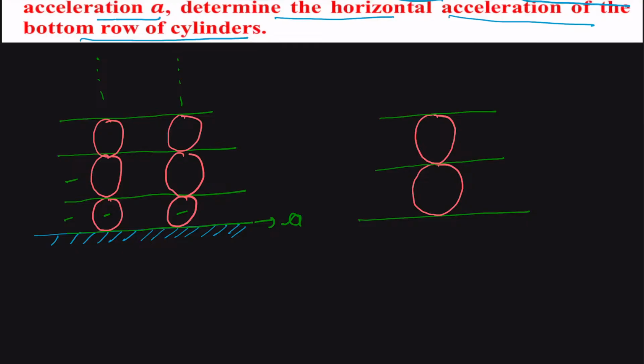We are given that the bottommost plank is having an acceleration of a. Let us call this the nth plank, and this we call the n plus 1 plank. So the nth plank will be trying to move along with the bottommost plank towards our right side. So there will be a force, and let us call this force F of n,